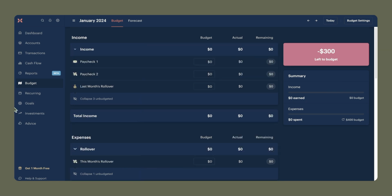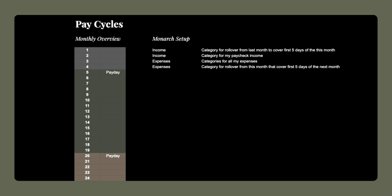Now, before we start talking about how I have customized my Monarch structure to account for bank balance rollovers, I want to head over to my Google Sheet and talk about my pay cycles. So I have this quick little setup in Google Sheets to just demonstrate what my pay cycles are currently. I've talked about my pay periods in many of my monthly budget reviews and other videos, but I wanted to bring it up again since I feel like it's really relevant to the things we're going to be talking about